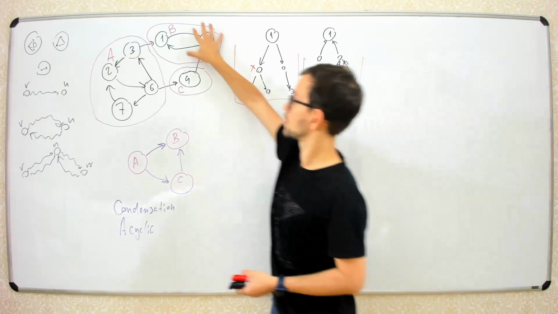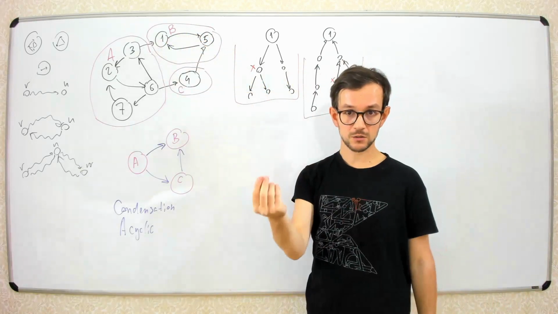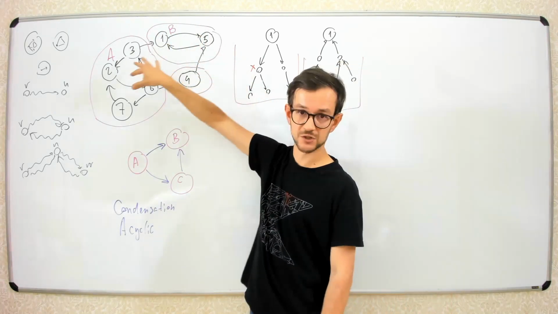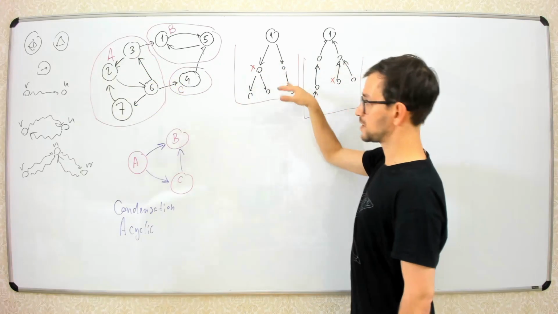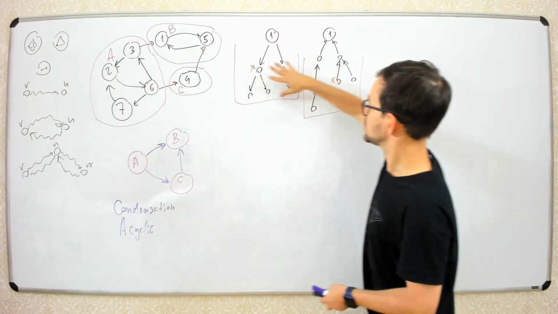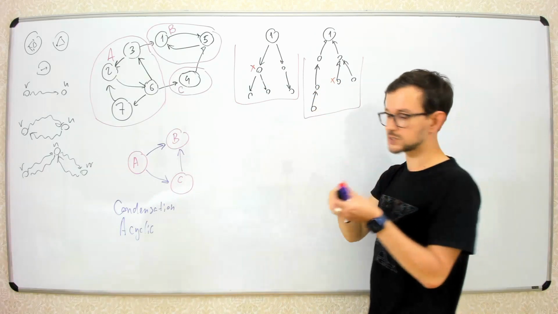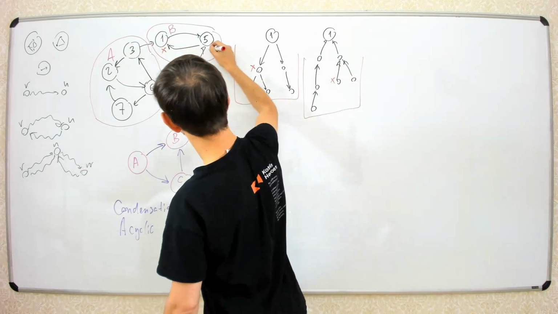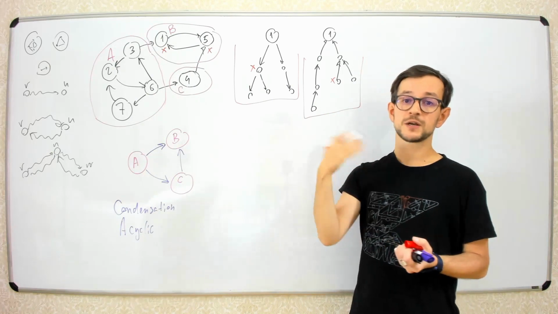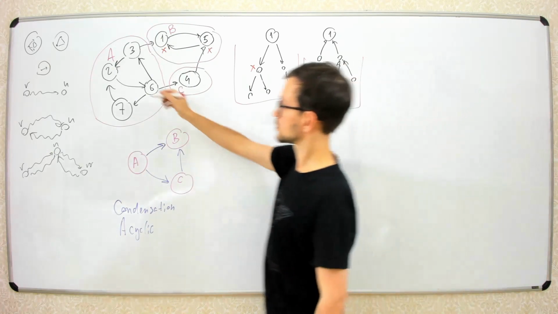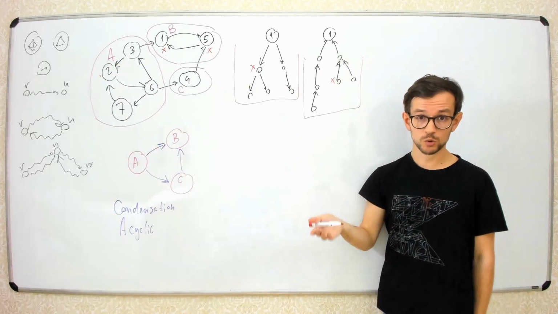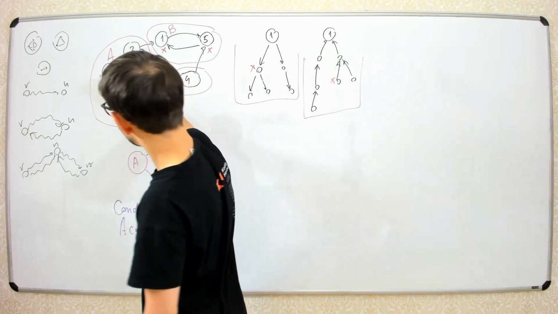Now you find this strongly connected component, you take the next node which doesn't belong to it and do the same thing. Run these two DFSs for node 2, mark this strongly connected component,